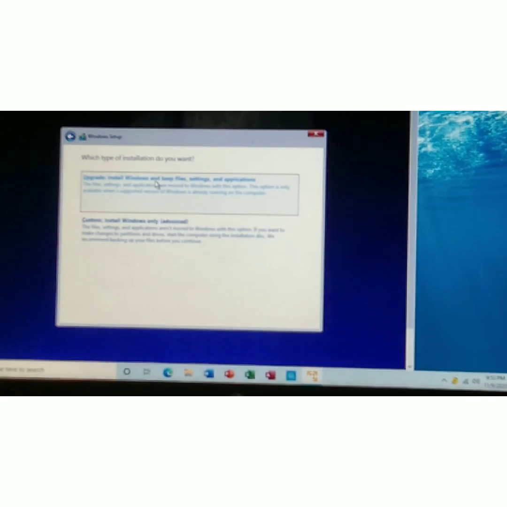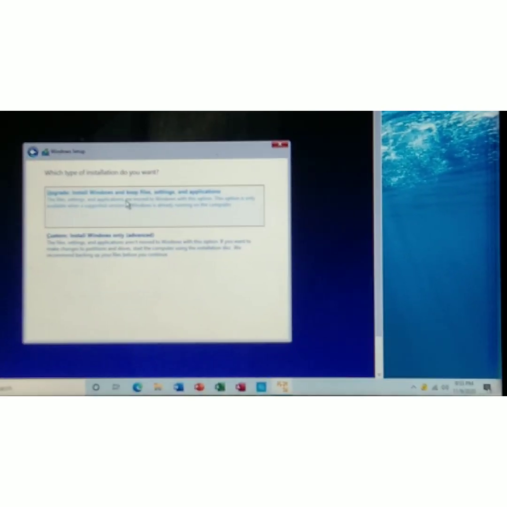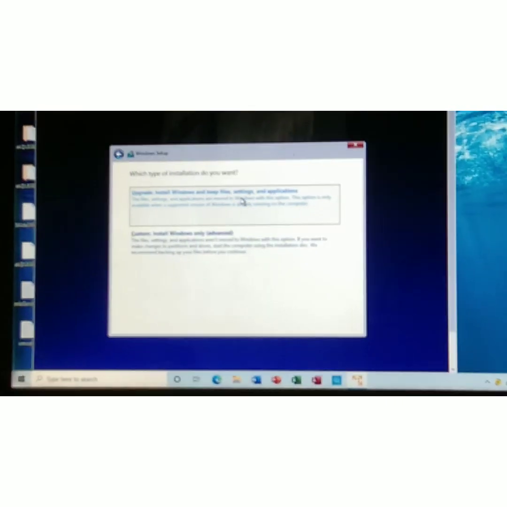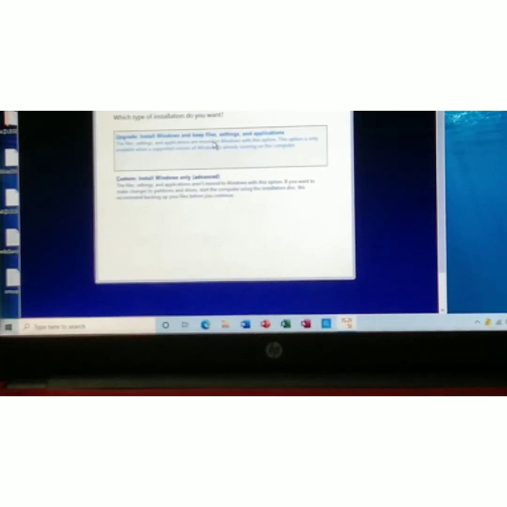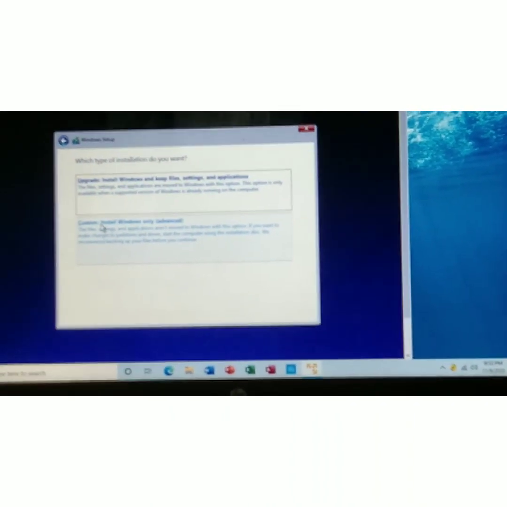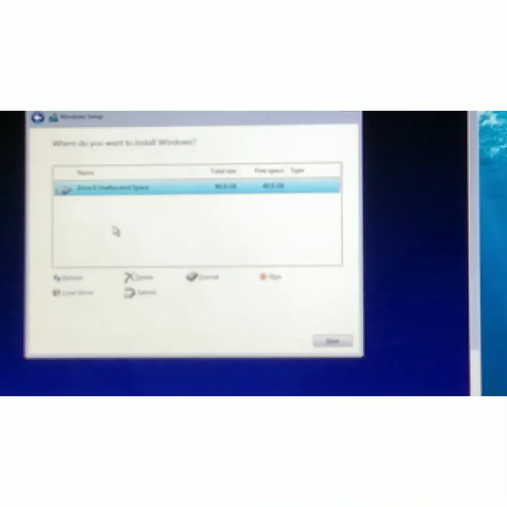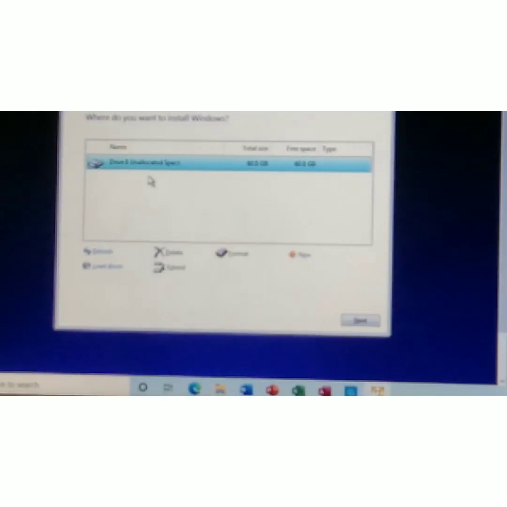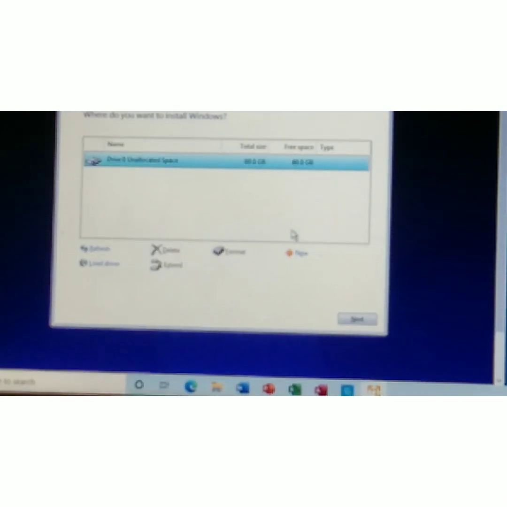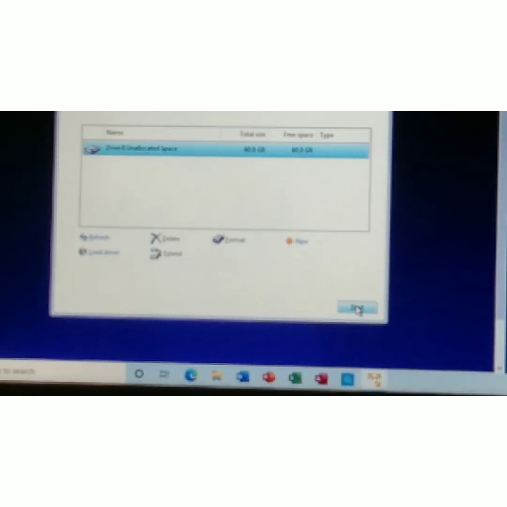And there are two options: upgrade, install Windows and keep files, settings and applications. This is if you already have an operating system in the virtual machine, and in this case we didn't have a virtual machine. Go to custom, install Windows only, advanced, and it will choose the drive to locate your virtual machine, and you must click next,